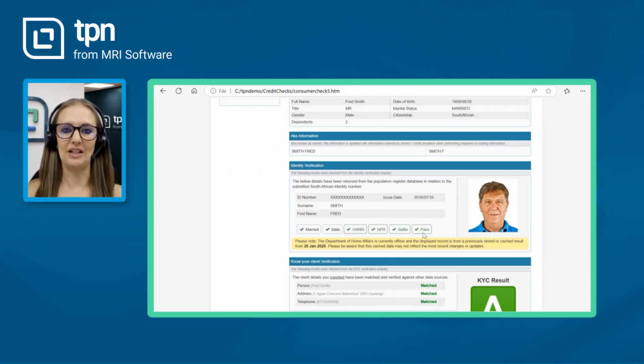Overall, they should receive a pass. If you receive any other results other than a pass, such as ID blocked, please do proceed with caution. Rather reach out to our help desk should you feel uncertain about the result that you've received, so they may help guide you with advice going forward.